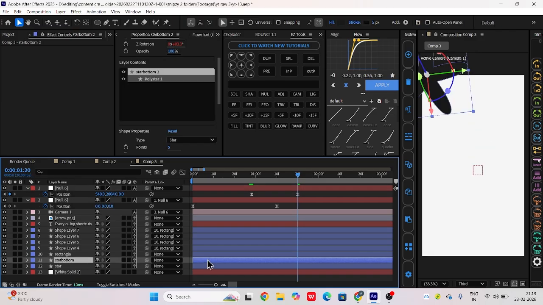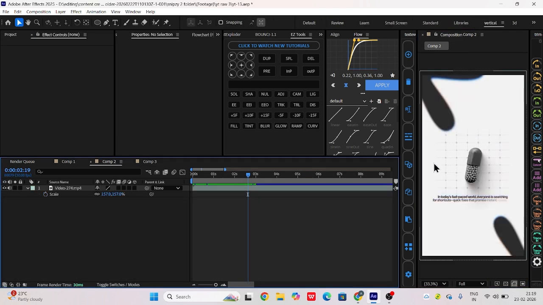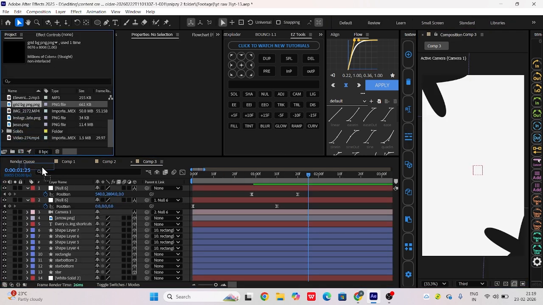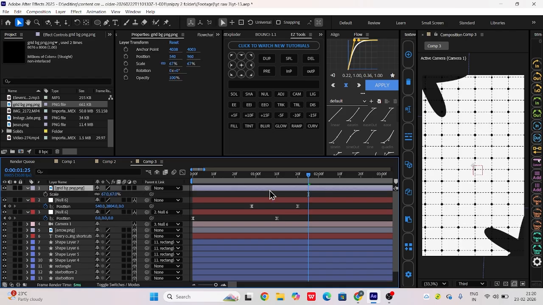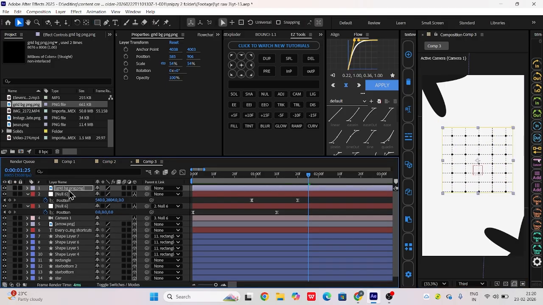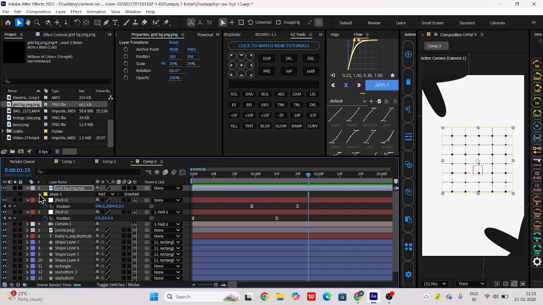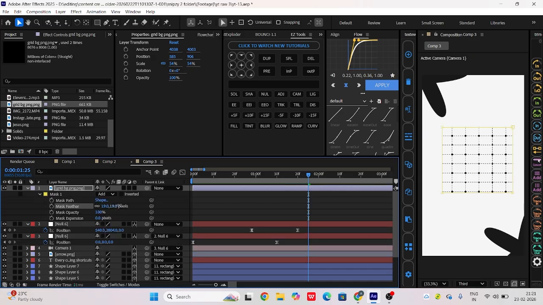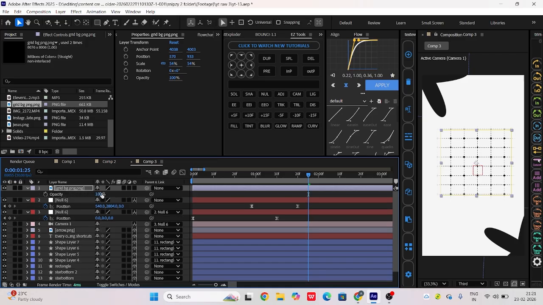Duplicate this star, keep it at the bottom. Now we have to add a grid. Add a mask to this grid. Increase the feather of the mask. Decrease the opacity of this layer. Press T and